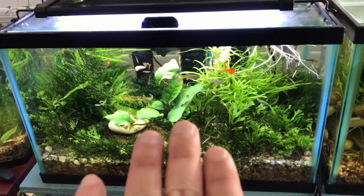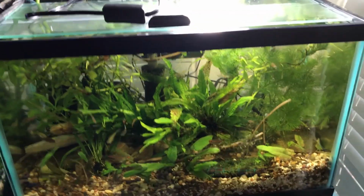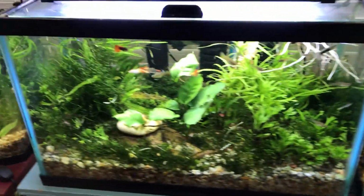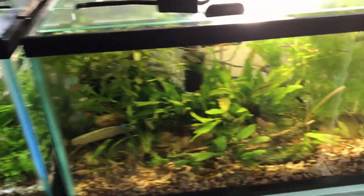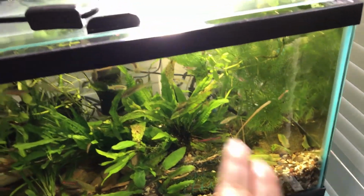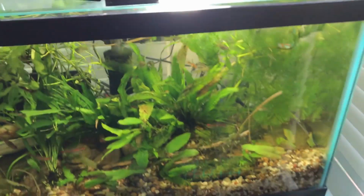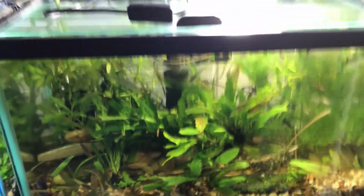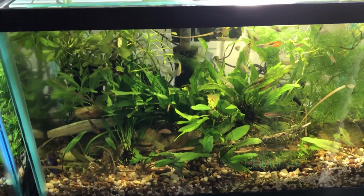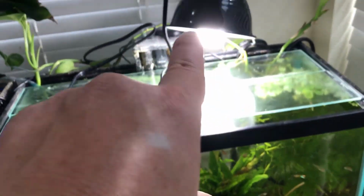Still, this looks more yellowish. The light seems like it is brighter on the rocks where it's hitting. Of course, I've got floating plants here, but we'll not count that. So this is a good light right here. But remember that we have 2 bulbs and 2 fixtures. So what I'm going to do,